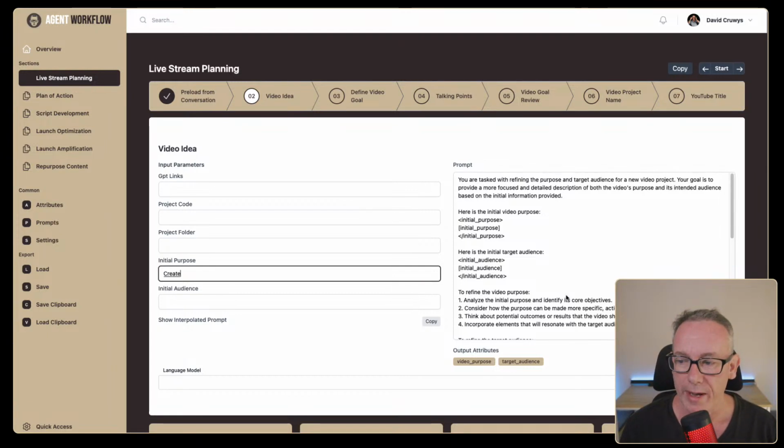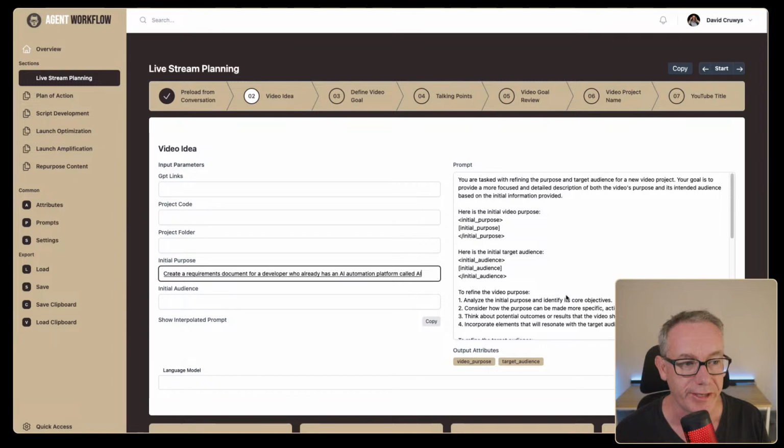Create a requirements document for a developer who already has an AI automation platform called AI Gentiv.